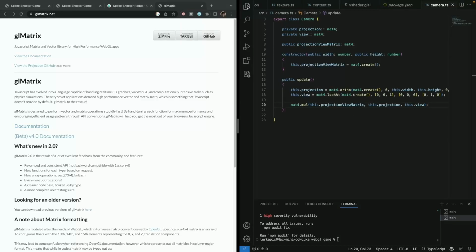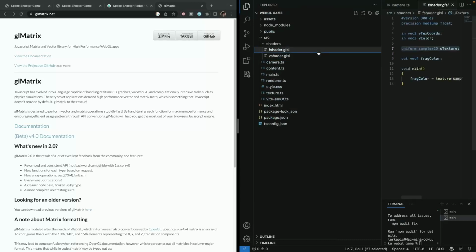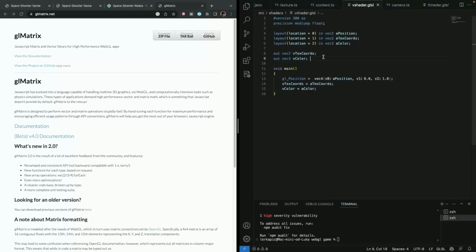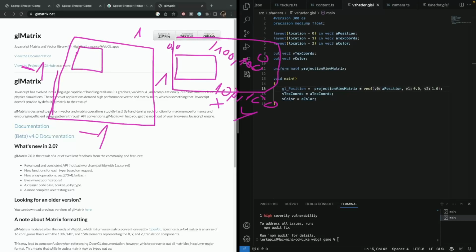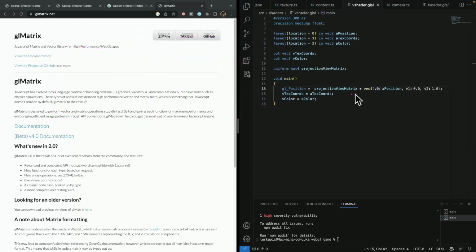All right. Now we have to tackle uniforms in our shader, and we actually need to pass that matrix to a shader. So how do we use it? Well, basically our uniform is some global variable in our shader, and we can call it projection view matrix. And here we can just multiply our vertex times projection view matrix. And what it does is, like I mentioned, let's clear it once again. So basically, we will have maybe some rectangle that's going to be, let's say here 0 0, but here it might be 100